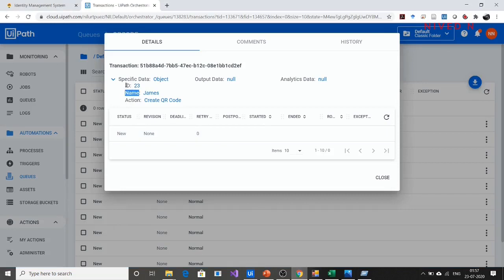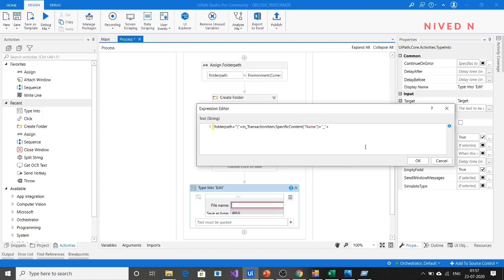How can you get the ID? You can use the same approach, because the key name is ID here. So using the transaction item, transaction item dot specific content ID, which outputs the value of ID, dot to string, plus